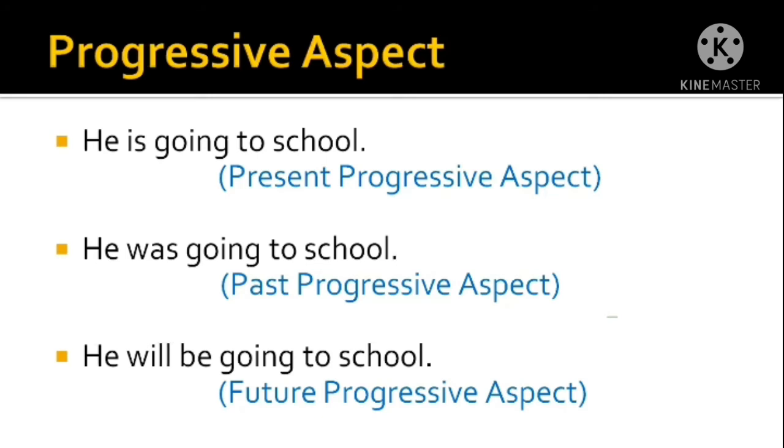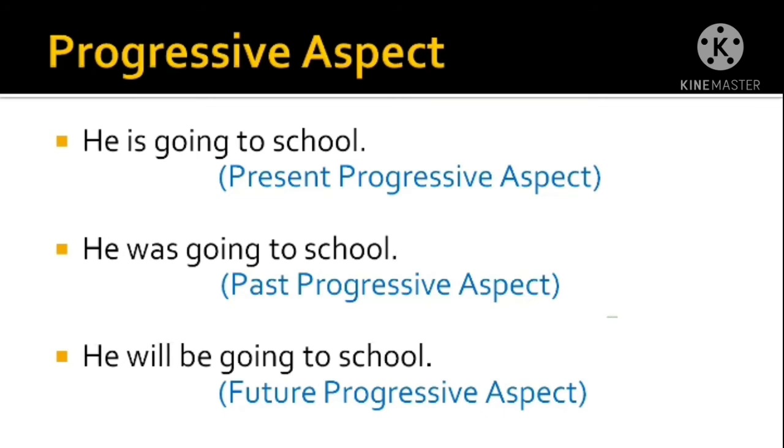Suppose I want to say about many students, they are going to school. Now you see here, they is the plural form, right? Third person, plural form. So I have to use are there. I cannot use am or is. Am is followed only by I. We is followed by the plural form of the subject. Suppose I say, we are going to school. You are going to school. They are going to school. So are is there because we, the second you and they, all these are in the